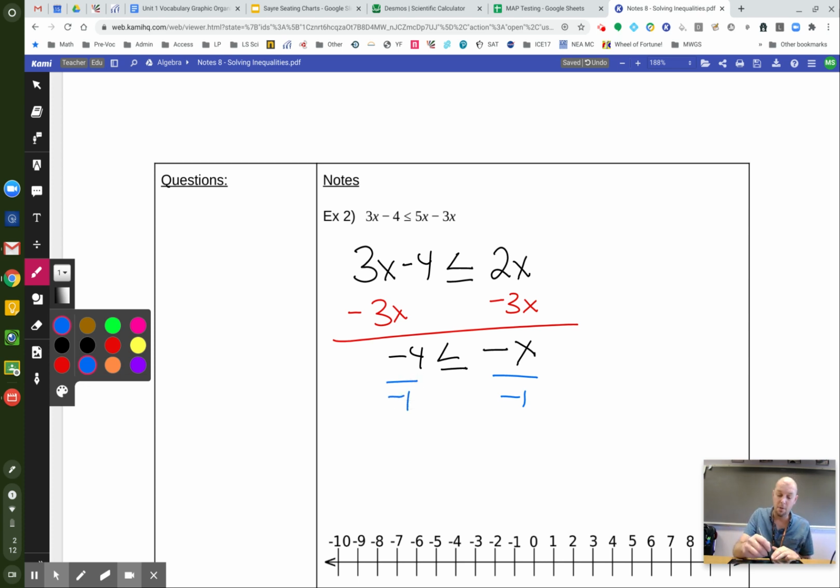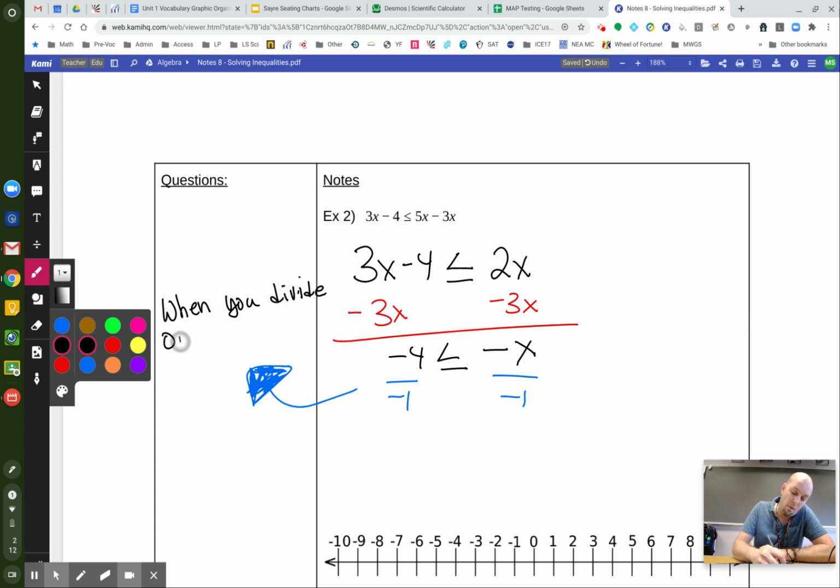Okay, and then I want you to put a huge arrow out here so you know that something special is happening. And you're going to write out the words: when you divide or multiply an inequality